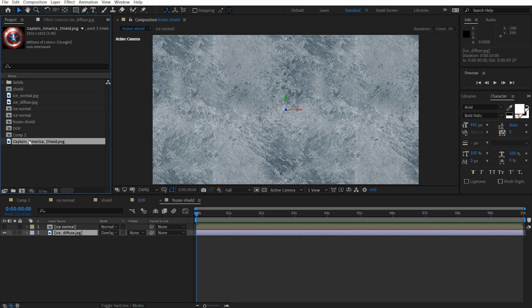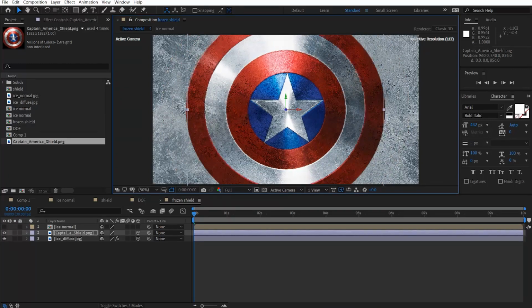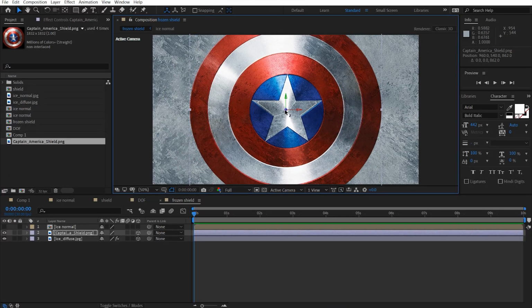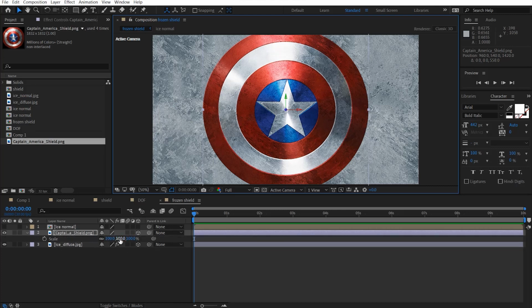So I've got Captain America's shield here. Just drag it in here, and we'll make this a 3D layer as well. I'm just going to push it back in Z space so that it is behind the ice texture, and we're just going to scale it down to maybe like 70,